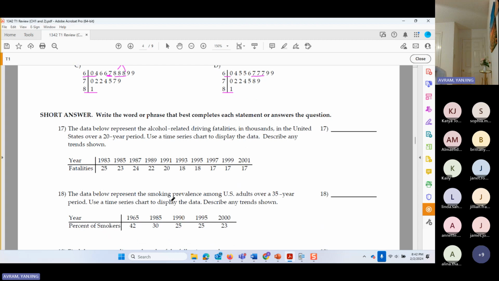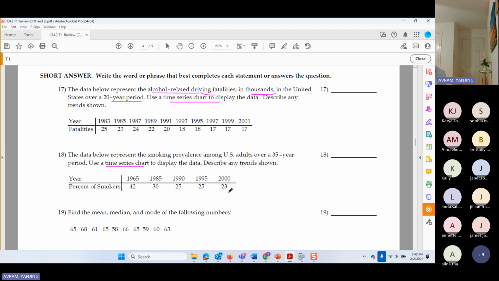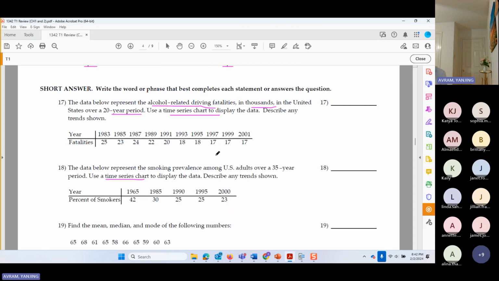All right, let's go to look at this one right here. This is a data set, right? This data set represents the alcohol related driving fatalities in thousands in US over a 20-year period. So we want to use a time series chart to display the data and then look at the trend in here. So same thing as this one, okay? We want to do the time series, or sometimes we say do a scatter plot data, right? So how do I do the time series data? This one, we can use the